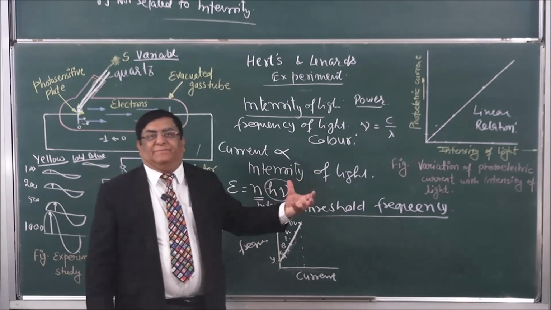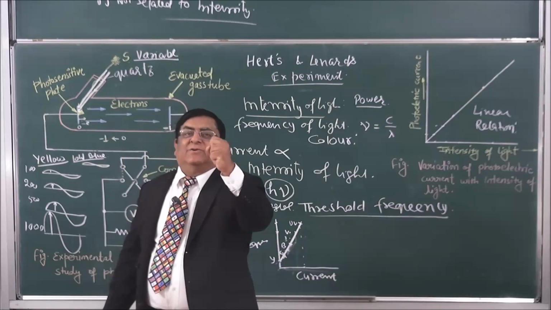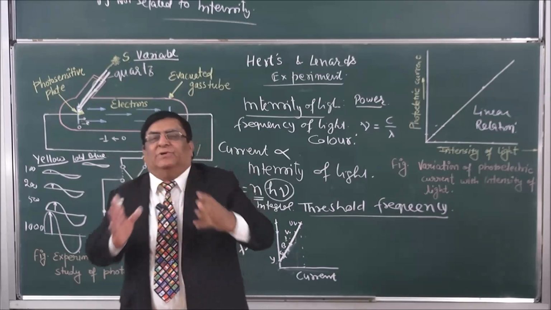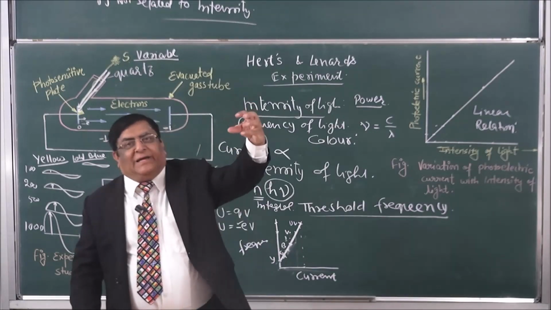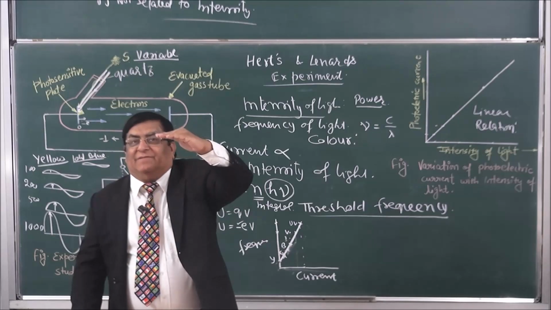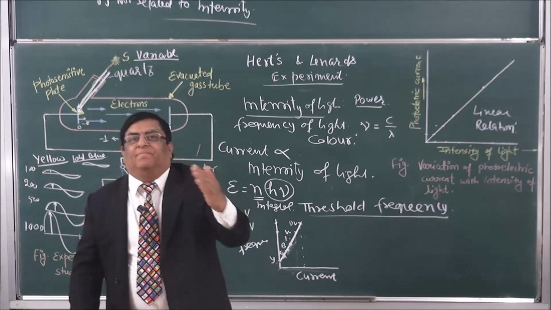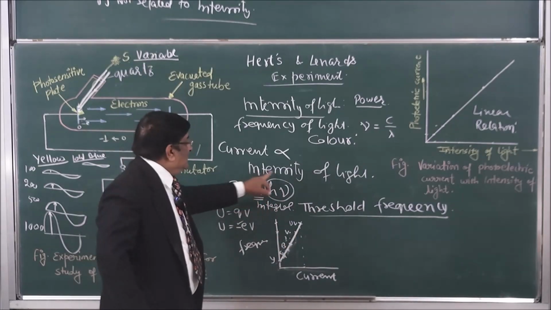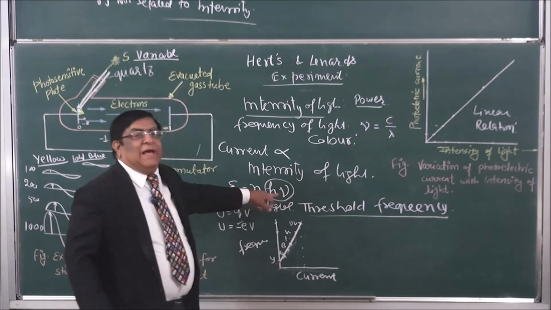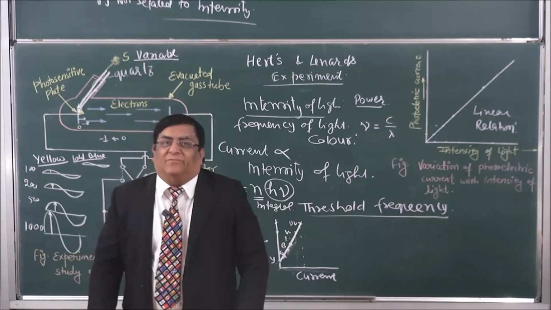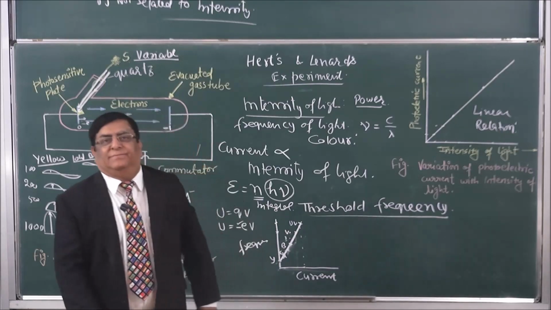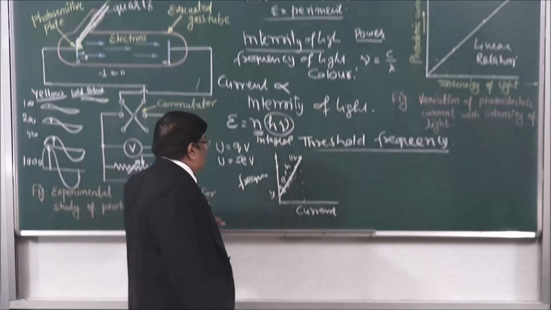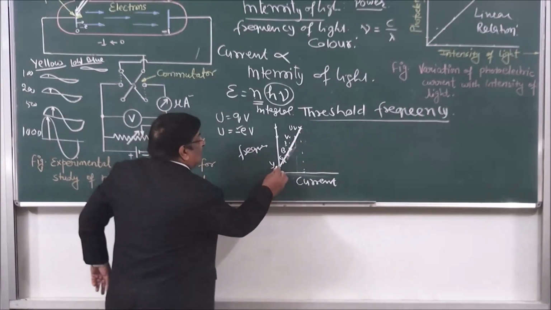This is quantum theory, that light energy is in the quantums, photon, and when the photon falls, the whole energy is transferred to electron. The energy given by light to electron does not increase continuously, it increases in steps. One step is 1 h nu, and when this h nu has the level more than work function, then only it will come out. Now this nu, if this nu is, again we come to this, if this nu is